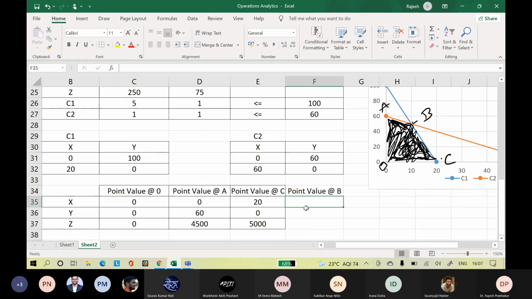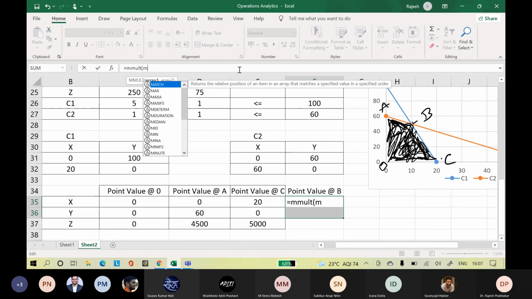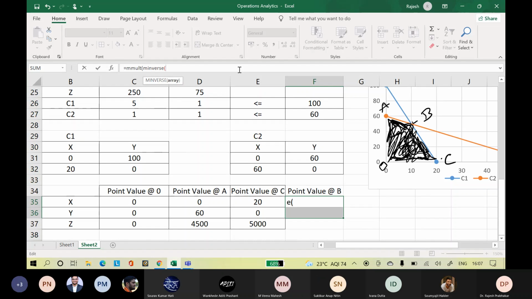Let us say I want to calculate these two cells. Select the two cells. Type equal to MMULT, open bracket, MINVERSE, open bracket, select the 4 constraints, close bracket, comma, select the 2 values, close bracket.